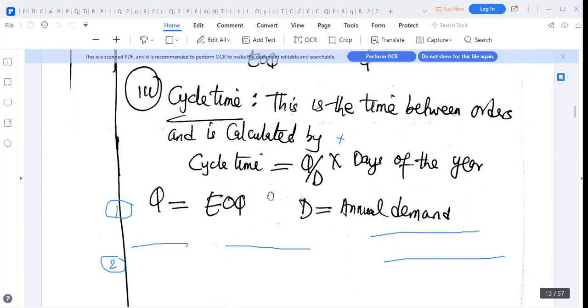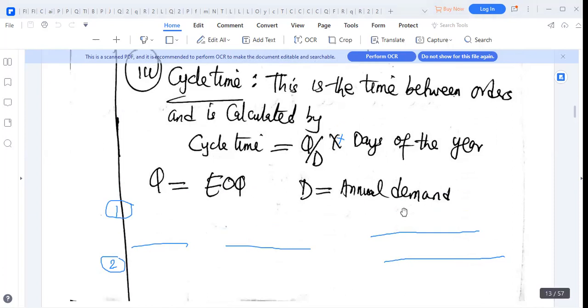Formulas are given. So it's just a matter of identifying the annual demand in the given exam question. Okay, so this is about what goes on. All right, so we are now getting down to,